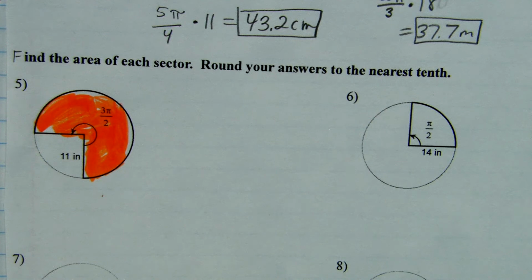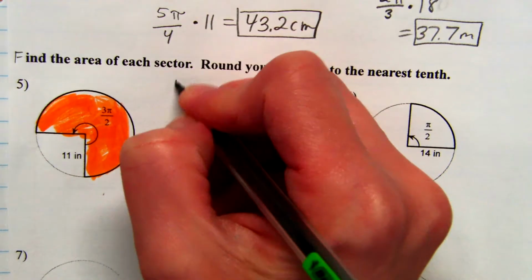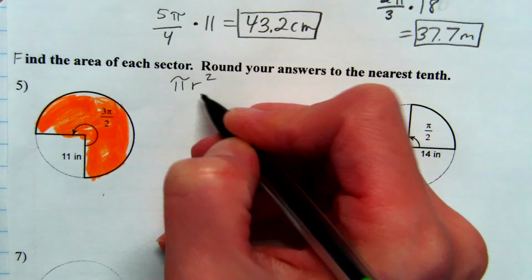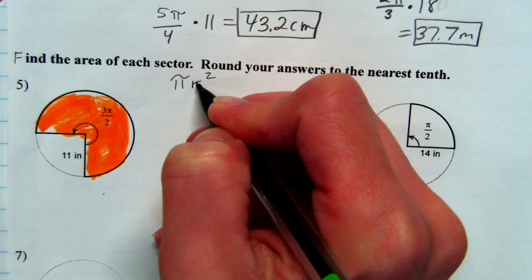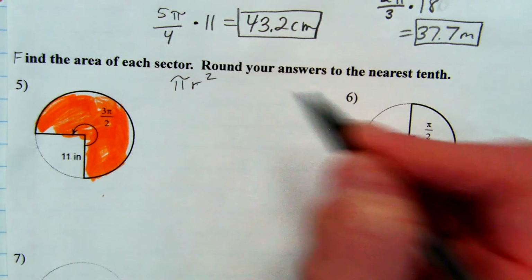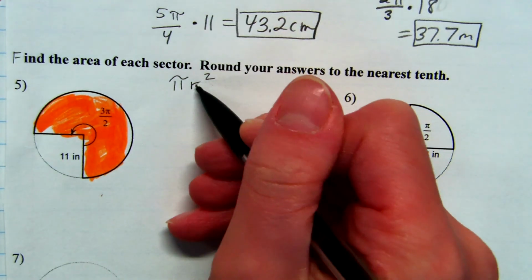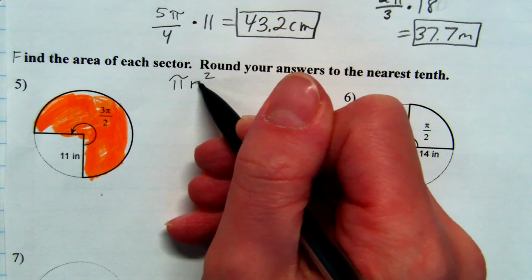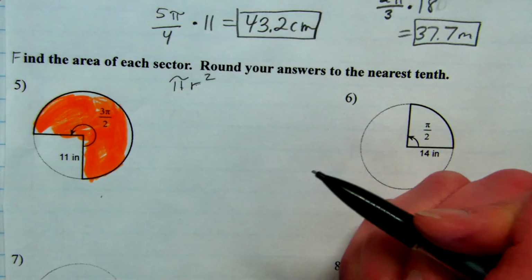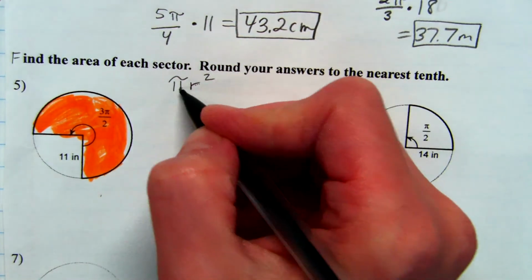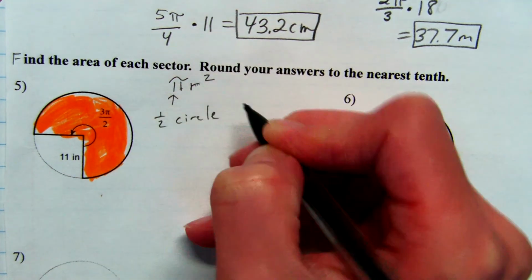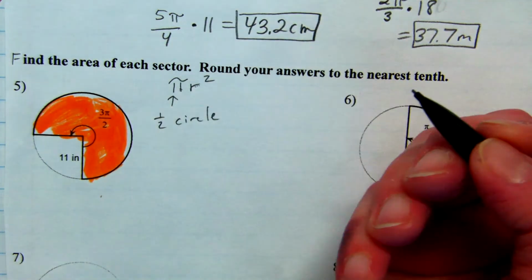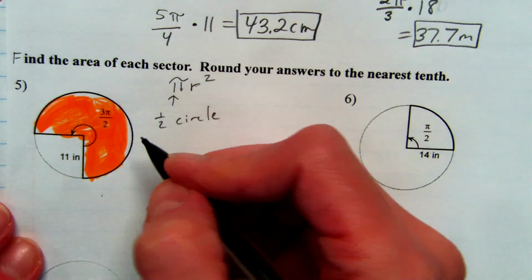And so the formula for this, if you think about what area of a circle is, it's pi r squared. But instead of pi, because pi is for a whole circle and this is only part of a circle, when we do our equation for area,